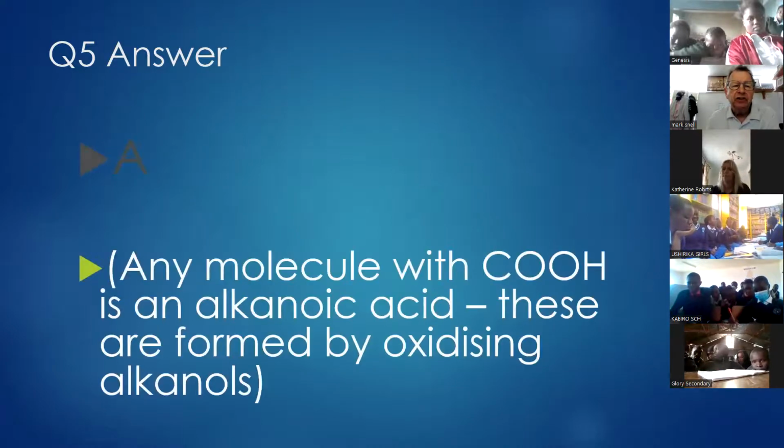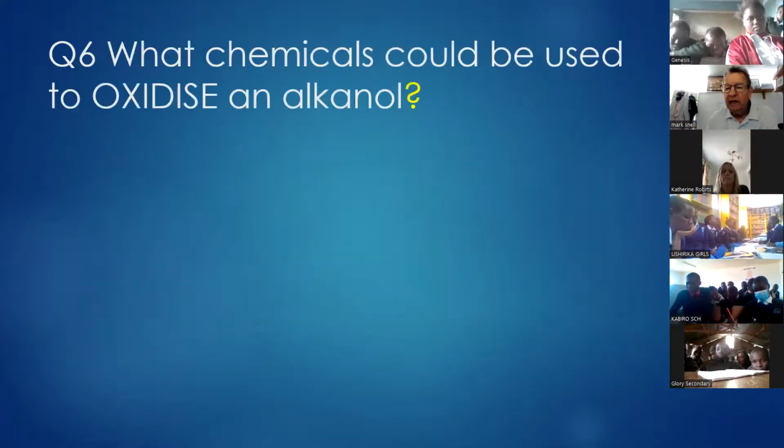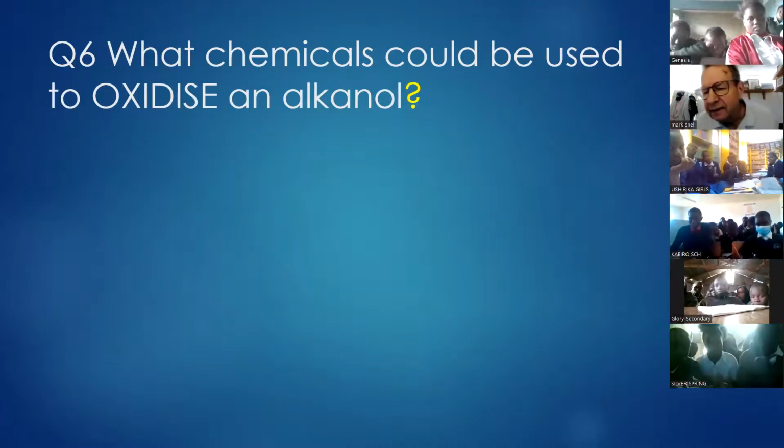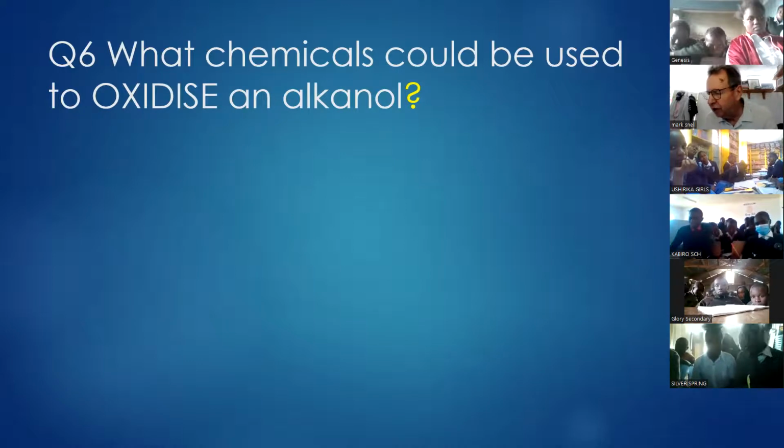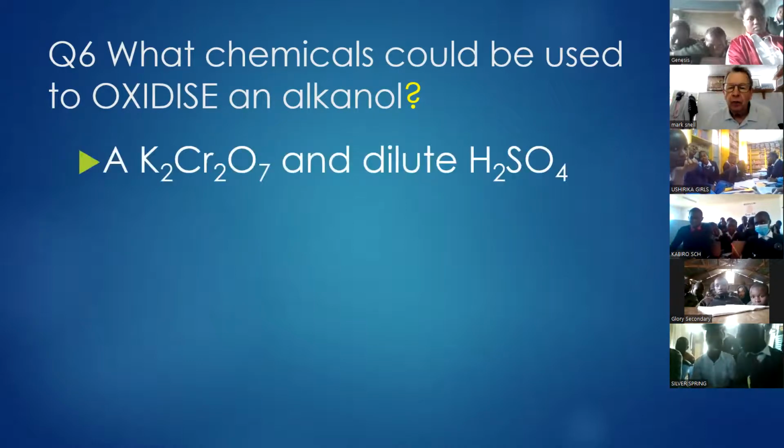Right. Question 6. We're nearly halfway through. Good heavens, already. What chemicals could you use to oxidize an alkanol? In other words, I've got my alkanol. I'm going to turn it into an alkanoic acid. What chemicals could I use? Here are 4 options for doing this. Ready? The first one is